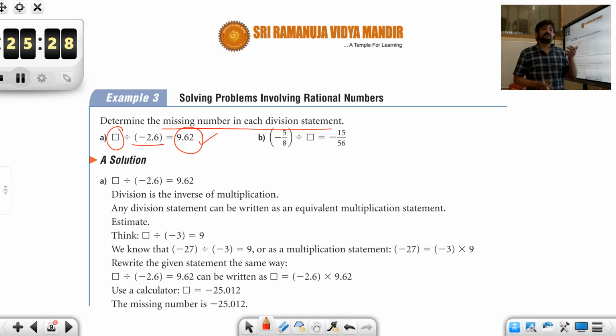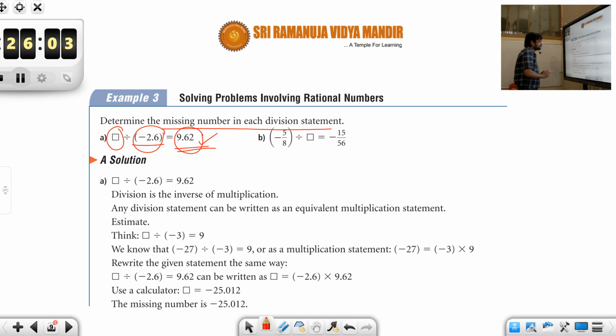Either if we divide a positive number with a positive number or a negative number with a negative number, in both these cases we will end up with a positive result. So here the answer is positive, so both these numbers should be of the same sign. Either both should be positive or both should be negative. But they have given that one of the numbers is negative, so the other number also should be, sorry, negative. Because one of the given numbers is negative, the other number would also be negative. So the answer would be negative.